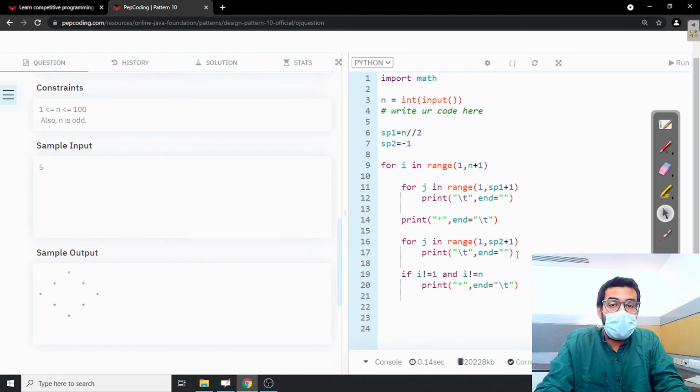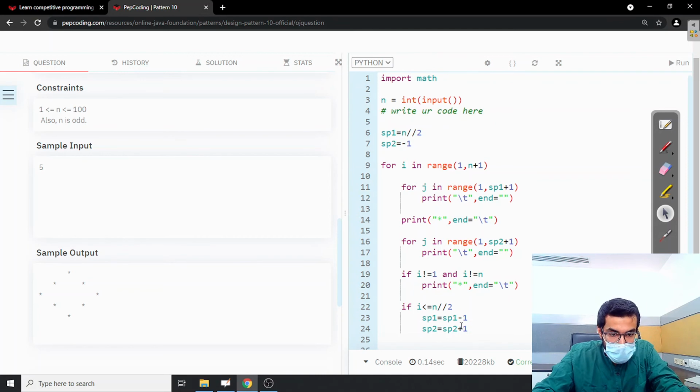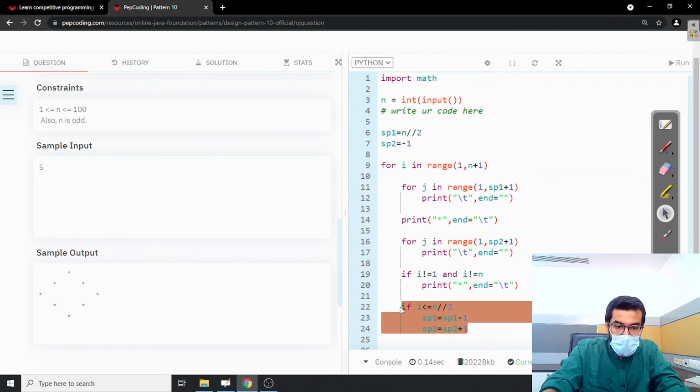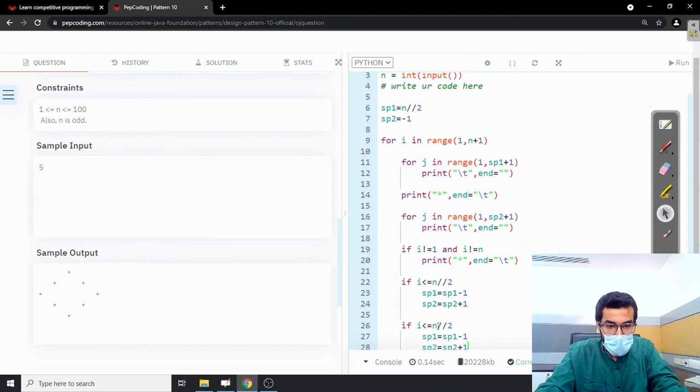And then each time we have to increase and decrease the value of the variables sp1 and sp2. So I'm using the reversing condition as we have already talked about. The value of sp1 in each case, after each iteration, will be increased by how much? It will be decreased by 1 actually. We have already talked about that. The value of the sp2 variable will be increased by 1. And the reverse will be happening after that, so I will be using that inside else.